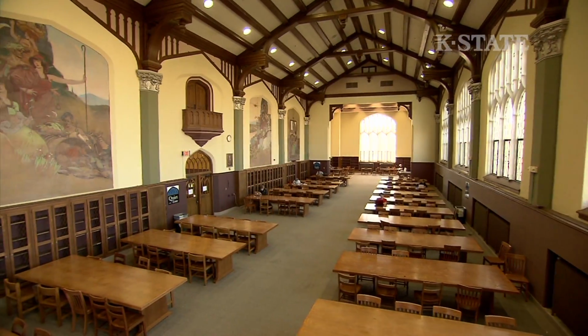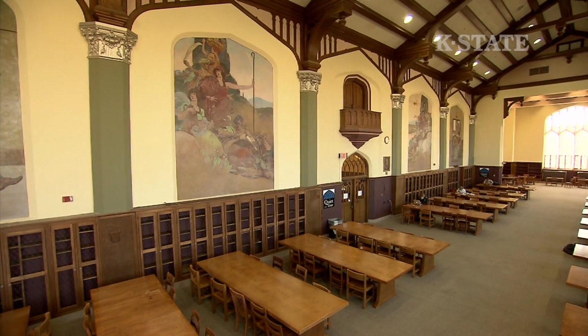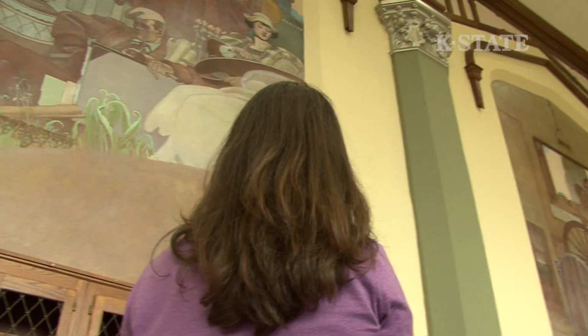We had been looking at a plan for how to renovate this room more generally. It's really a historic showplace on campus. It's the original 1927 reading room of the first freestanding library at K-State. As we started to look at what we needed to do here, one of the things we looked at were